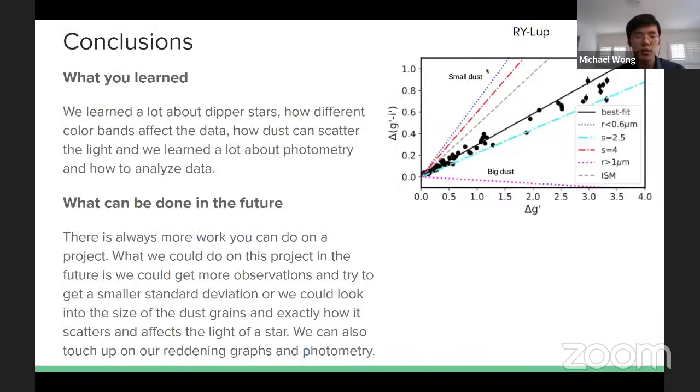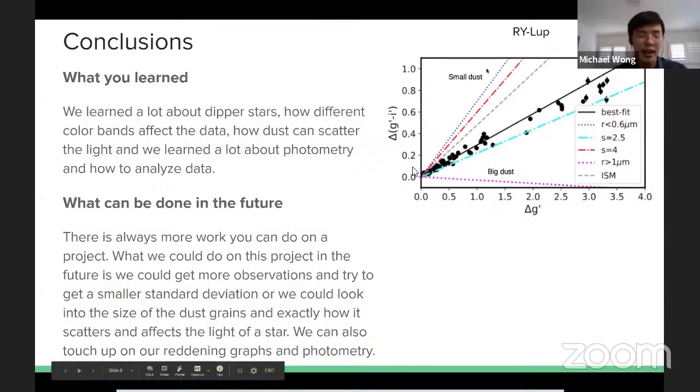Because we saw a positive correlation between extinction and reddening, we can infer the size of the dust grains is small, because small particles cause circumstellar reddening and larger ones tend not to. If you look at the graph in the top right, we'll see a picture. This is an extinction versus reddening graph for the star RY Lup, which is in the same region as MY Lup. As you can see,